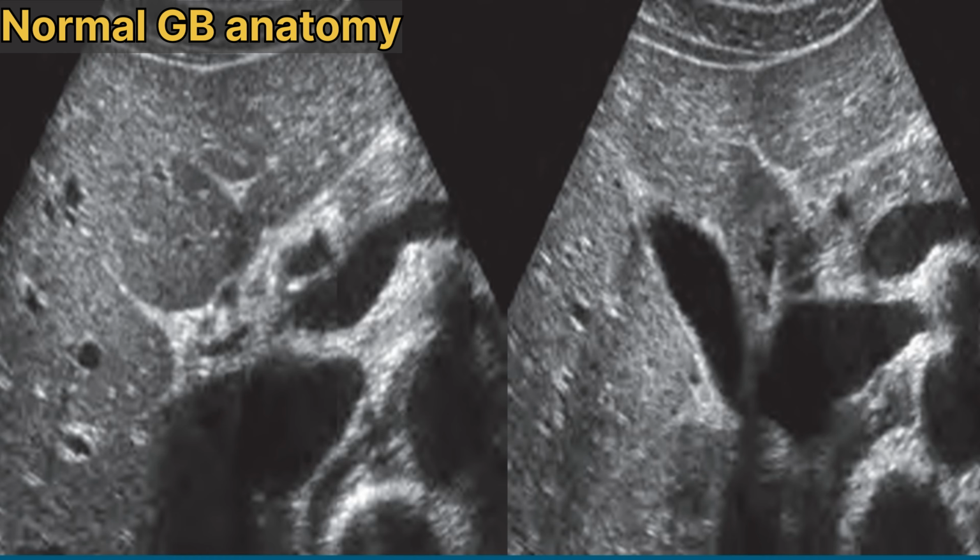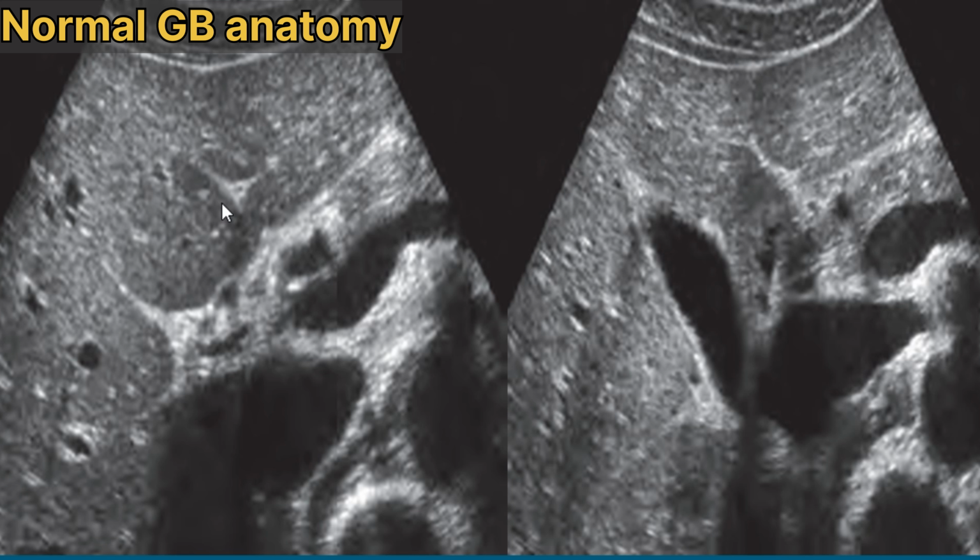The gallbladder is a long oval-shaped organ that is positioned beneath the liver, immediately adjacent to the interlobar fissure. It measures about 8 to 10 centimeters in length and 3 to 5 centimeters in width, and has a capacity of about 50 to 60 ml. Its wall thickness is about 3.5 mm.